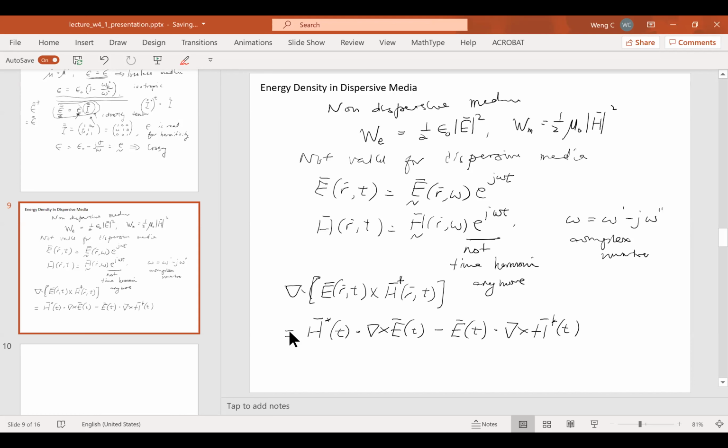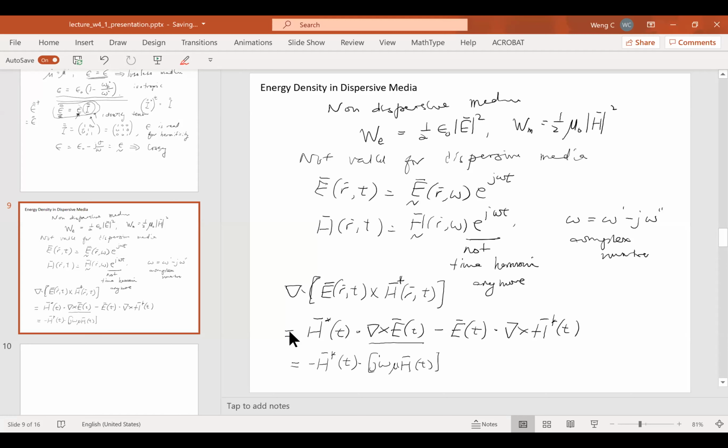Okay, using the product rule for differentiation, I will end up with this expansion. And this product can be found in the formulas I hand out in the supplementary material for the course, okay? And then now you use Maxwell's equations to substitute in for curl of E, you will get just J omega mu H,